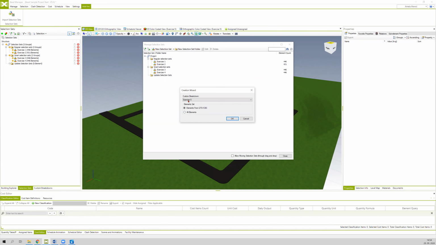So now you have in the element set 2 different options. The first one is elements from Q2 and CBS, which enables the user to create regular selection sets on the basis of the custom breakdown structure. And the second one is all elements. If you click on this option, the selection sets from the custom breakdown will be smart. So I will leave the first option, elements from Q2 and CBS, and I will finish the process by clicking